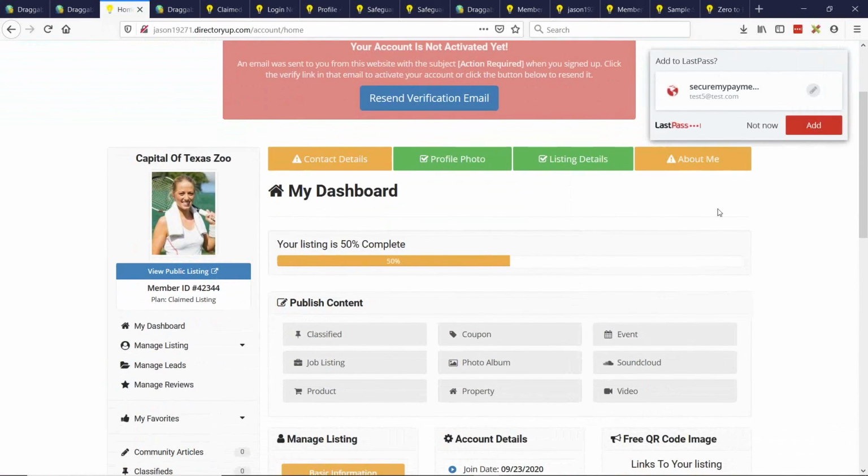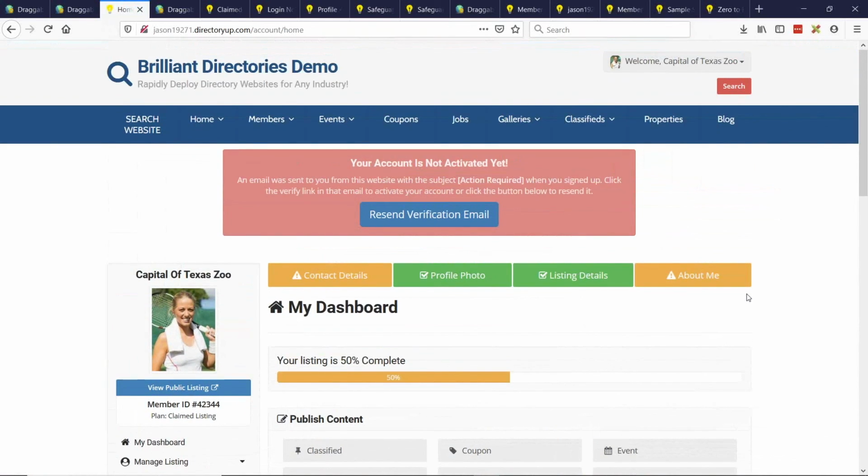Now, another pro tip. You might be thinking, well, if you offer a free option, what's to stop someone from claiming all the profiles that I've uploaded to my site? Well, two things. One is if you're offering a free option, you could put them through a few more hoops. They can certainly claim it for free, but then manually you can ask them to take an action, like to call you from their phone number on file, or you need to call their phone number. If you want to take those extra steps like Yelp does to certifiably verify that it is the business claiming the business, or maybe you don't care.